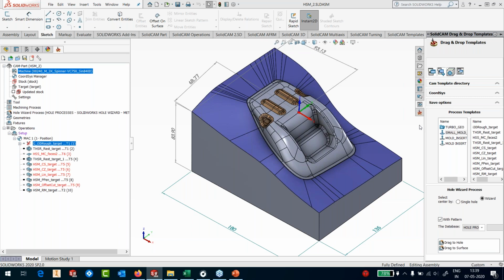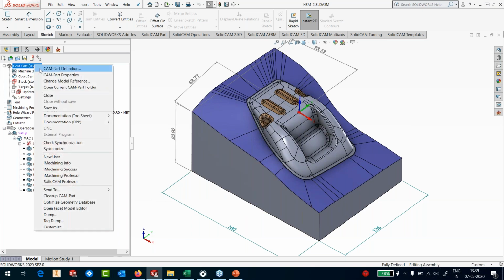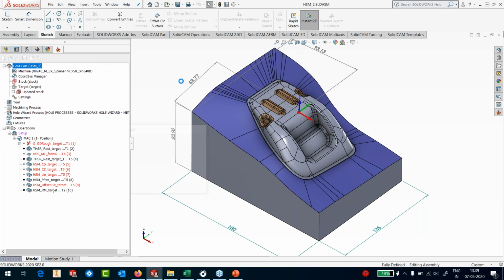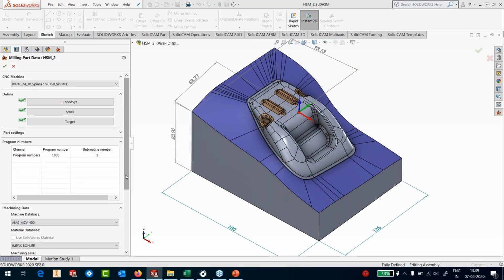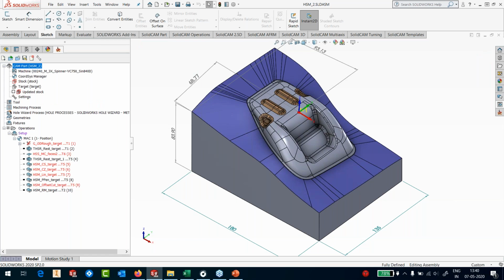Okay, so the template work is over. I'm just going to hide that. So I have my process here, and what I have defined as a part of my machine here is an AMS MCB 450, and the material used is an impacts bowler. And since I'm going to use iMachining, I've set my level 6, which is a pretty aggressive level